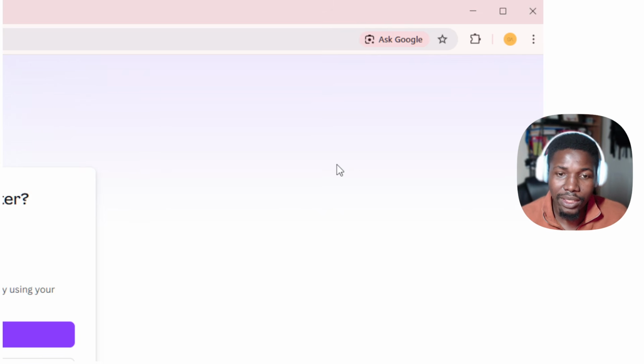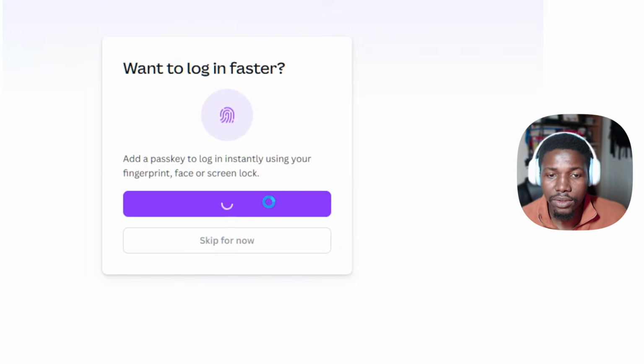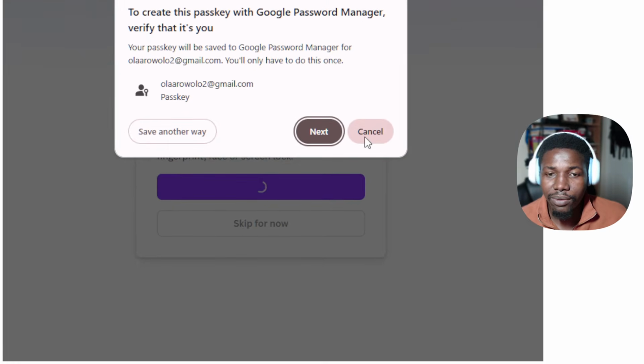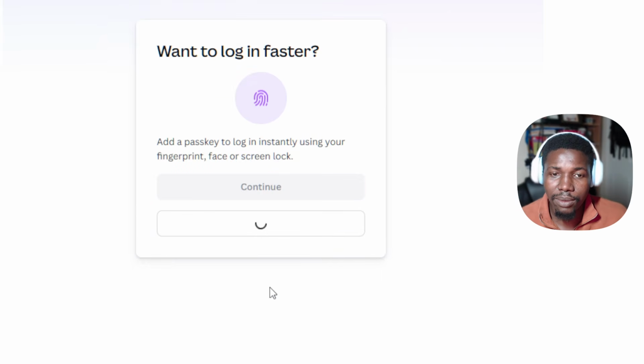Canva will confirm your identity with Google, and boom, it is created. So you just say continue. Log in faster if you want to save all of this, but you can skip that for now. And then you're in Canva. Welcome to Canva. Yeah, you can start